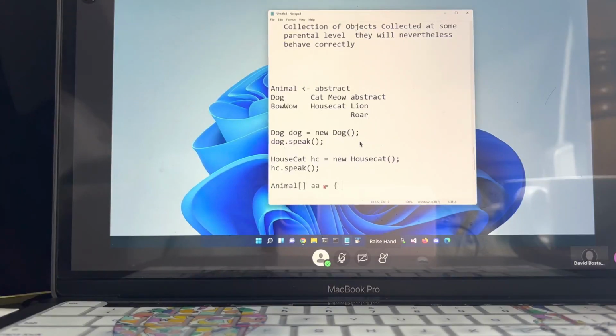And it's equal to, and in here, I'm just going to put a new dog, a new house cat, a new cat, a new lion.